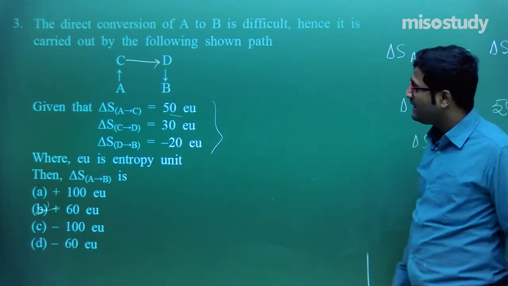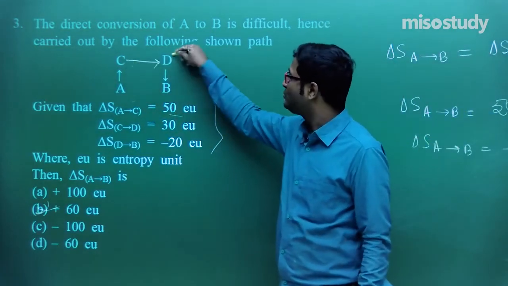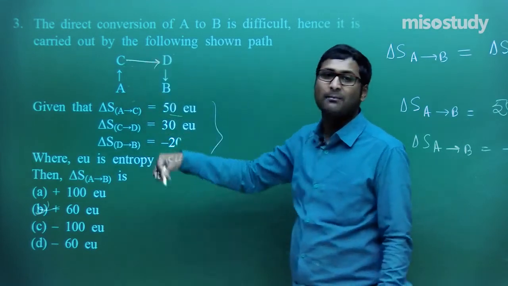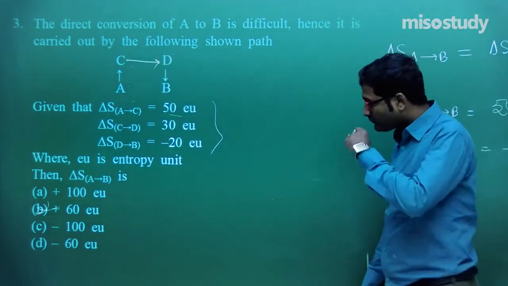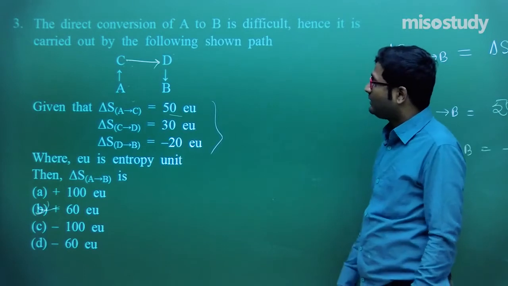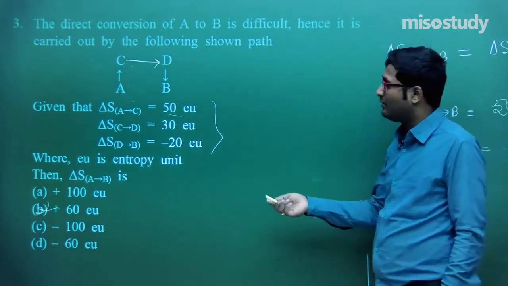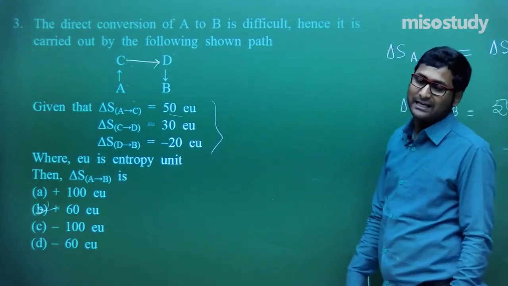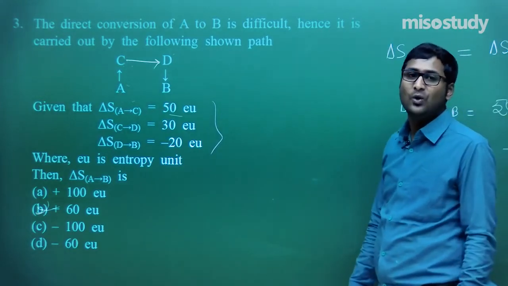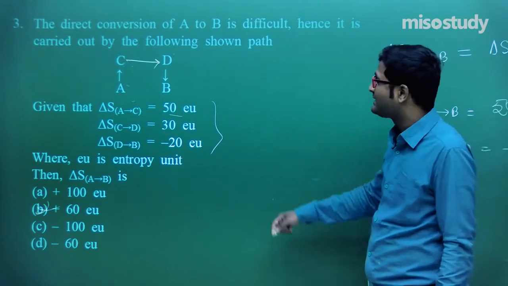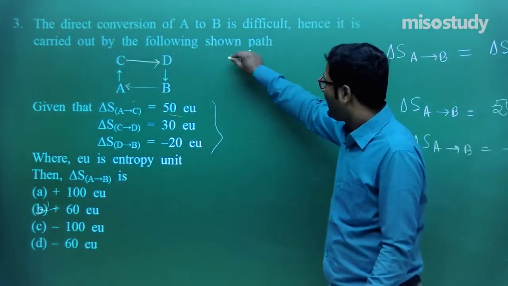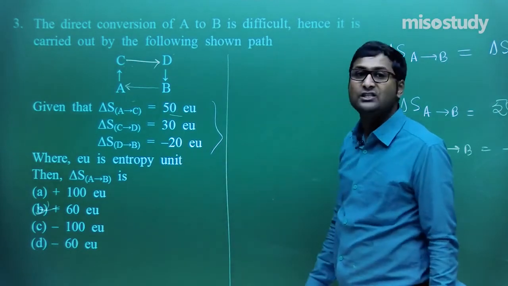It is very easy. A to C, C to D, then D to B, then we have to find the entropy. This is the path function. We can also write the question in another way. If I join here, that is a complete cyclic process, and for the cyclic process, tell me the value will be equal to 0. Remember this. So if I join this one, that is the question pattern. Now for a cyclic process, the entropy change is 0.